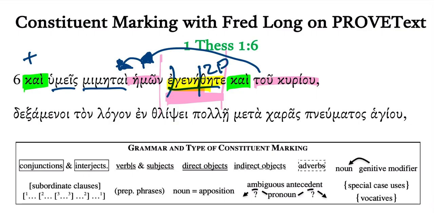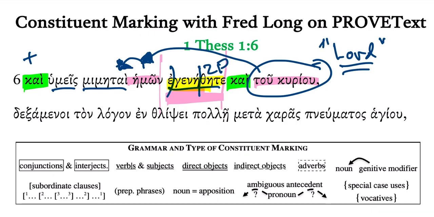So the question is what is that effect? Is Lord being stressed, or is our being stressed? Well, I think that Lord is probably being stressed, because this is probably the most important person to be imitating, is the Lord, and it's in a final sentence position. Okay, so, and you became imitators of us and of the Lord. Maybe is how I would say it and stress it.